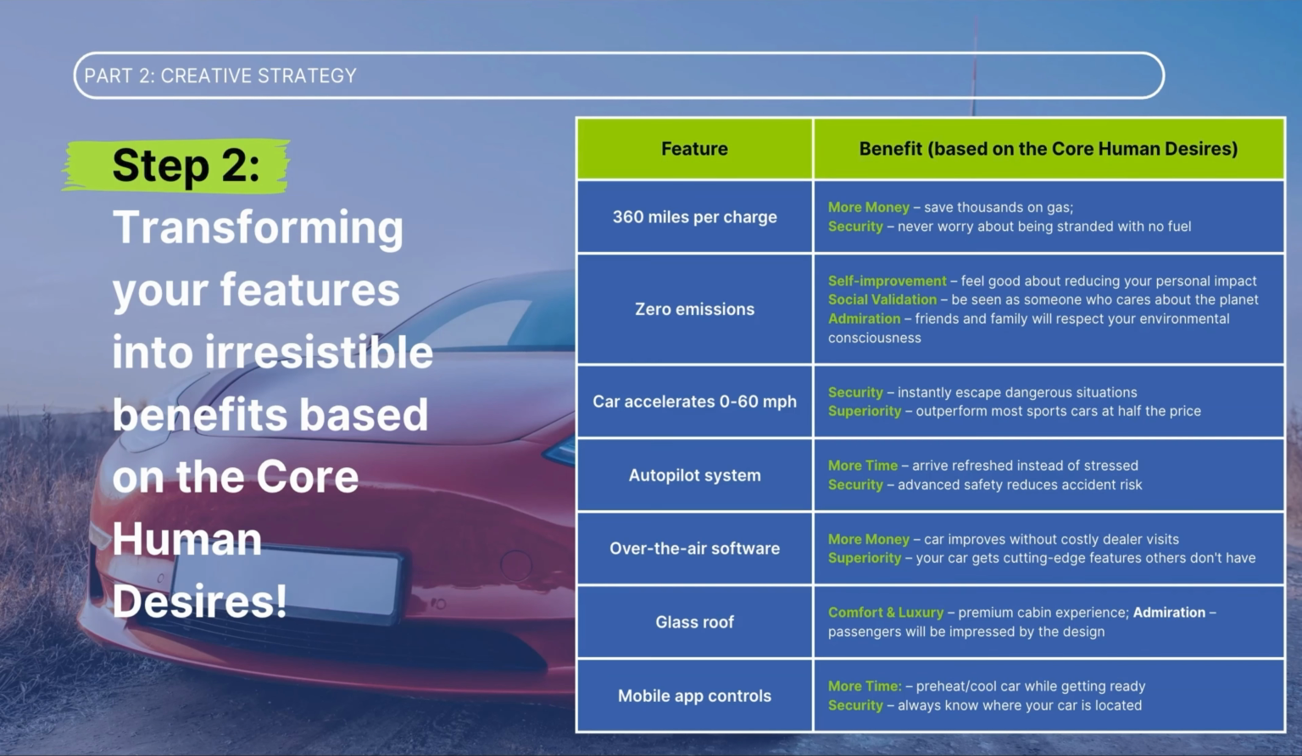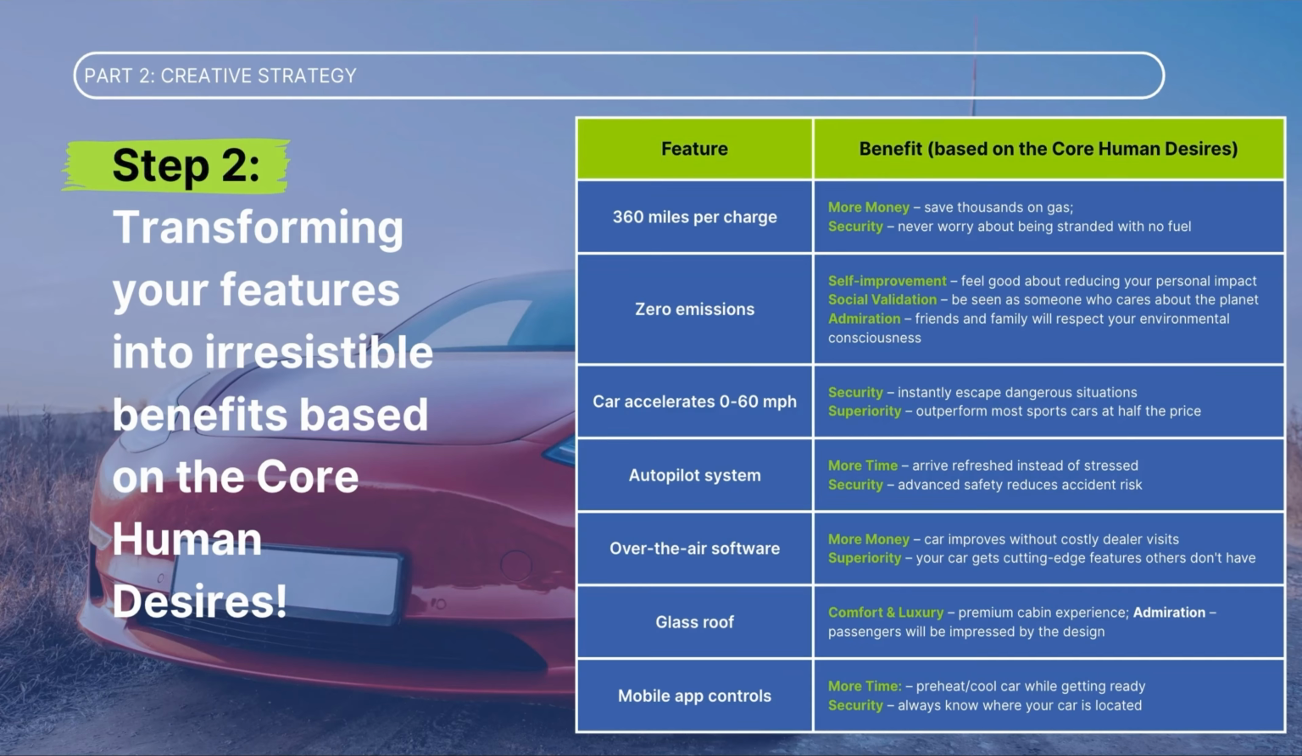The car accelerates from 0 to 60 miles per hour, which is fast enough to escape dangerous situations instantly, security, while also letting you outperform most sports cars at half the price, superiority. The autopilot system helps you arrive refreshed instead of stressed, more time, and offers advanced safety to reduce accident risk, security. With over-the-air software updates, your car improves without costly dealer visits, more money, and gets cutting-edge features others don't